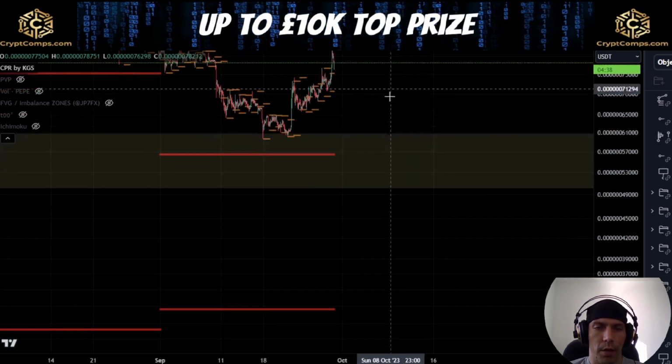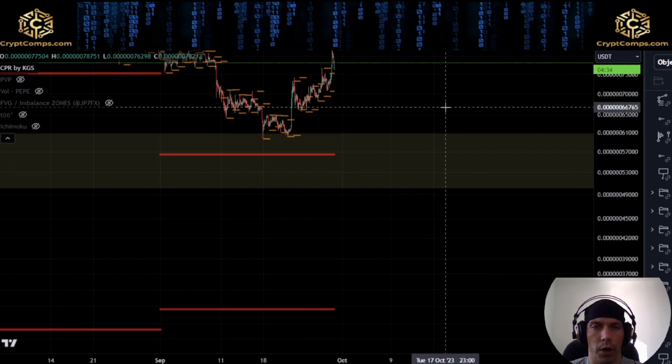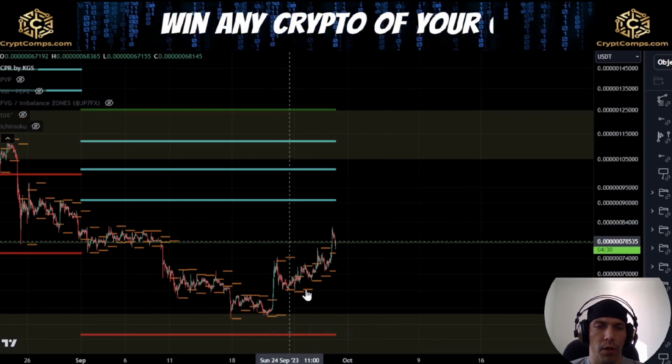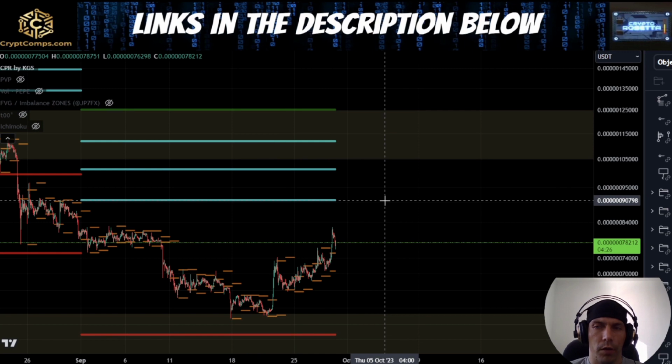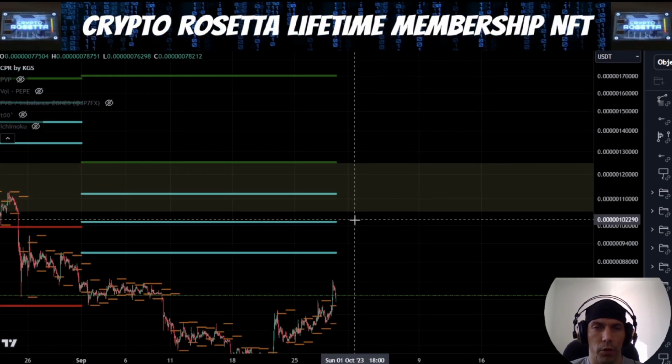Or if we lose that, other targets would be 32487. Obviously, it's the 29th day, so we don't have a lot of time left for this. The alternate thing that could happen here is if we do continue to push to the upside, we could look for an interaction with this 90798, which could potentially be resistance above us. Other targets would be this